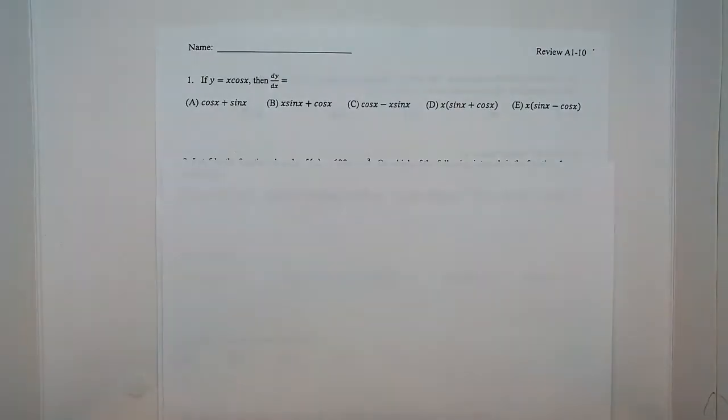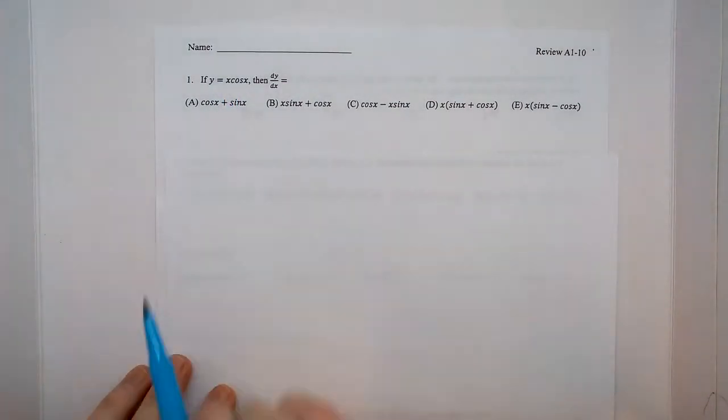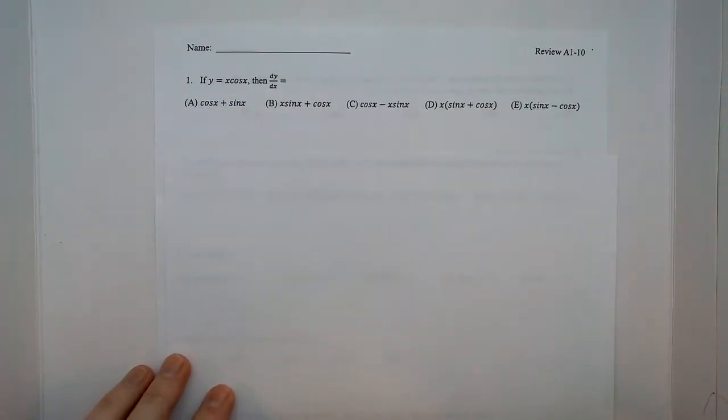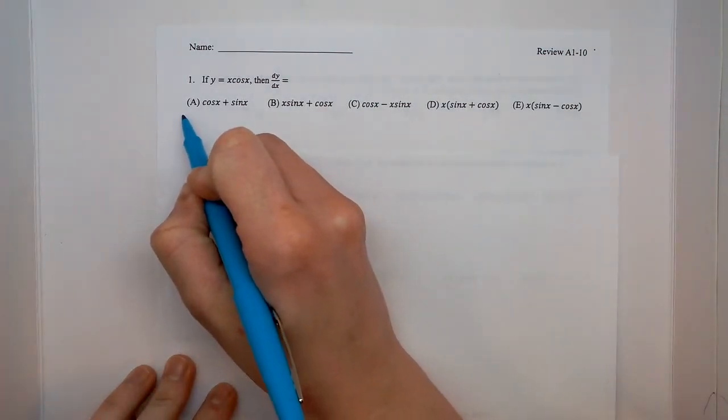This is review A, numbers 1 through 10. On number 1, it says if y is equal to x cosine x, then dy dx is equal to... You have to use the product rule here because we have two factors. The first factor is x and the second factor is cosine x. So dy dx will be equal to